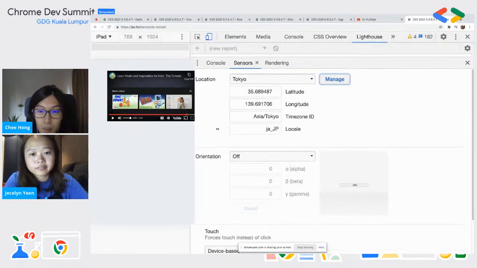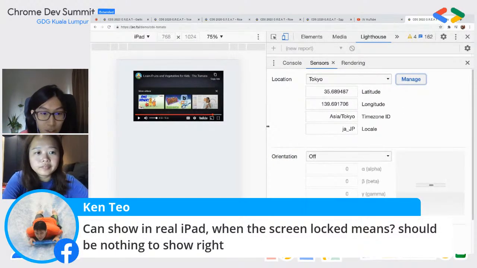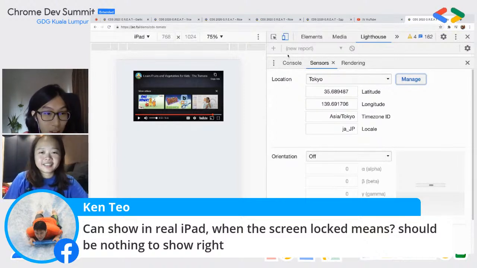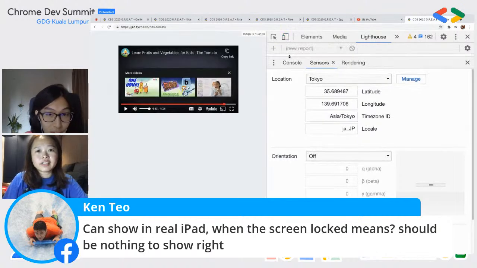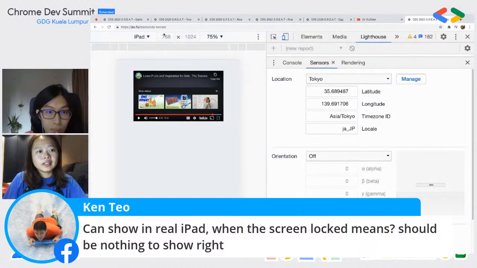Okay. Another question is, can it show in a real iPad? I think this one means the emulation. The emulation for the lock screen, right? Okay. So in Chrome DevTools, what you can do is toggle the device toolbar, and then from here